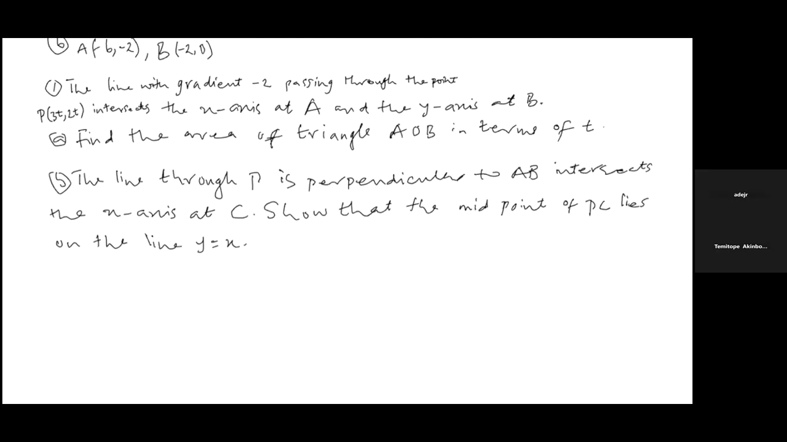I want you to attempt. The line with gradient -2 passing through the point P, which is 3t, 2t, intersects the x-axis at A and the y-axis at B. Question A, find the area of triangle AOB in terms of t. B says